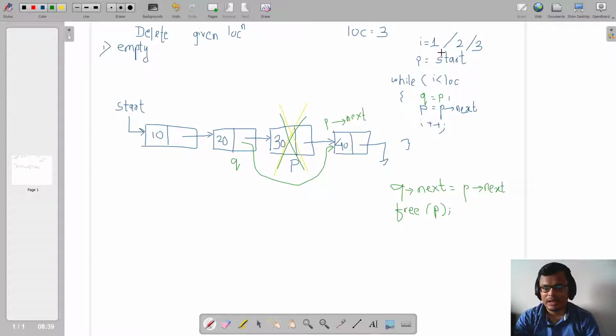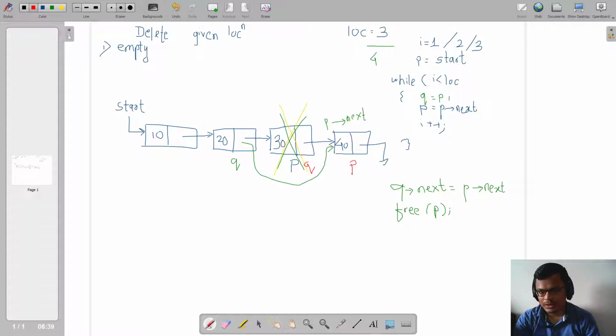Now imagine that my location is 4. What will happen to our example? This node will be P in that case, and this node will be Q. What will happen to this statement? Q's next is P's next. What is P's next? Null.